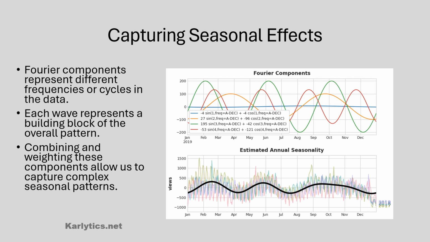These represent different frequencies or cycles in the data. For example, one component might capture the yearly seasonality, while another might capture monthly or weekly patterns. Each component represents a building block of the overall pattern. By combining these components in the right proportions, we can recreate the original pattern of the data. These components allow us to capture complex seasonal patterns, even if they're not perfectly regular. For example, if the seasonal pattern is not exactly 1 year long, Fourier components can still capture it by including